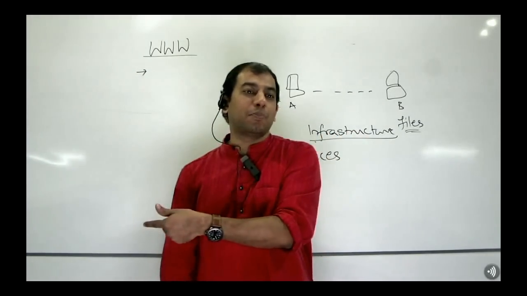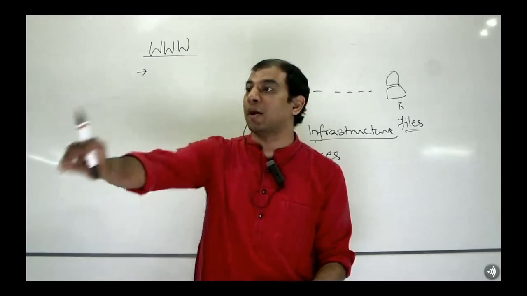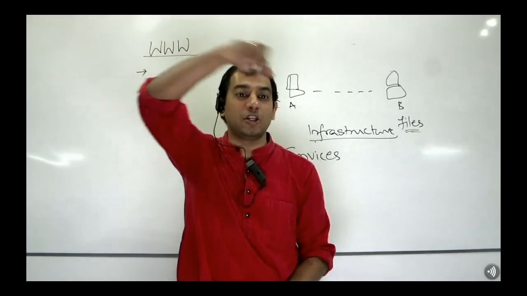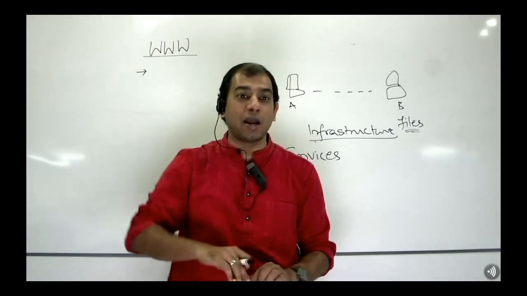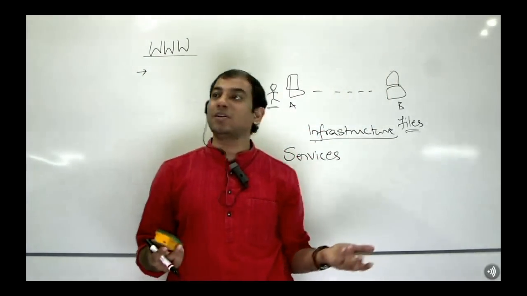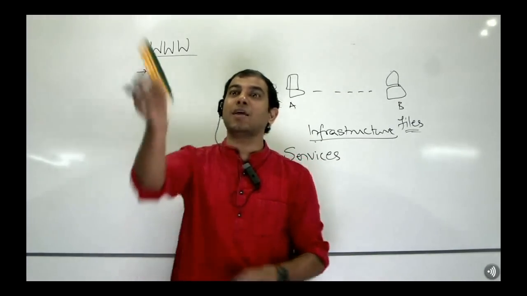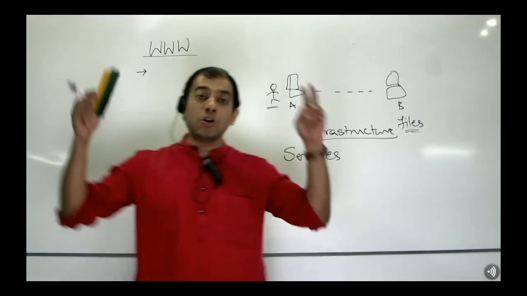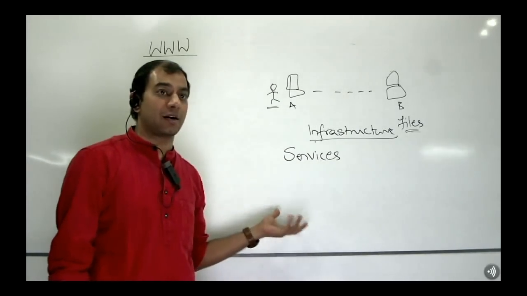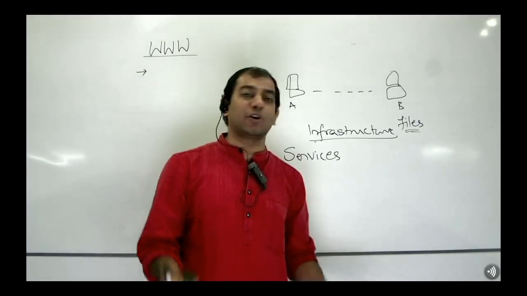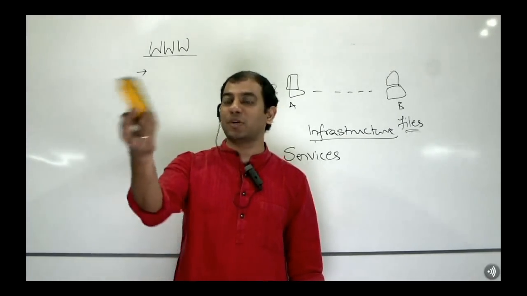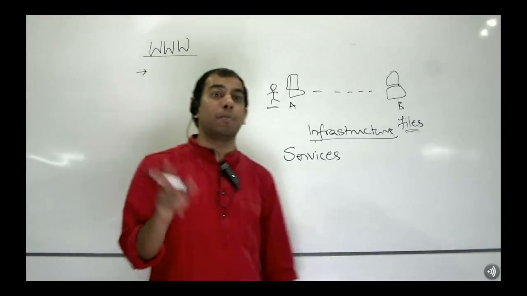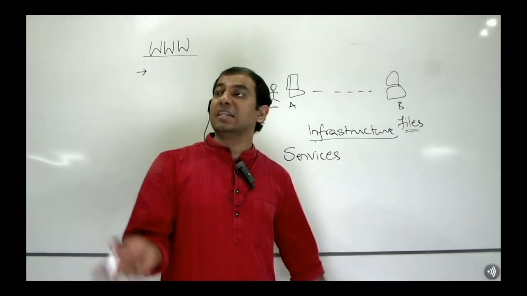So the papa goes into one postal office and gives the money, and the son goes to the GPO or post office in Mumbai and collects the money there. Isn't this awesome? You give money here and they will give money there, and this happens almost in real time. So a new service got invented called money order. Of course, the money order today is dead because you now have direct transfer through ATMs and through your Paytms and your messages and whatnot. Bottom line, money order is a service.